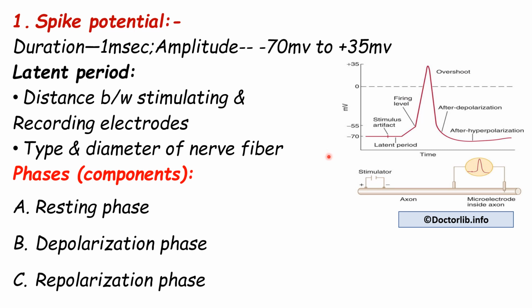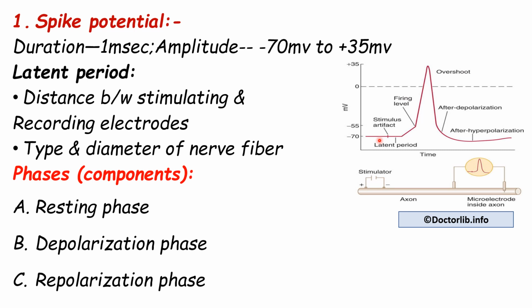Now when we give a subminimal or subthreshold stimulus, the stimulus is not able to generate an action potential, but it will cause certain change in the membrane potential of the cell and slight alteration in resting membrane potential. Suppose it can cause up to 6 or 7 millivolt of change. Suppose this is minus 70 and you are giving a subthreshold stimulus. There is slight alteration, but it will not reach the threshold level.